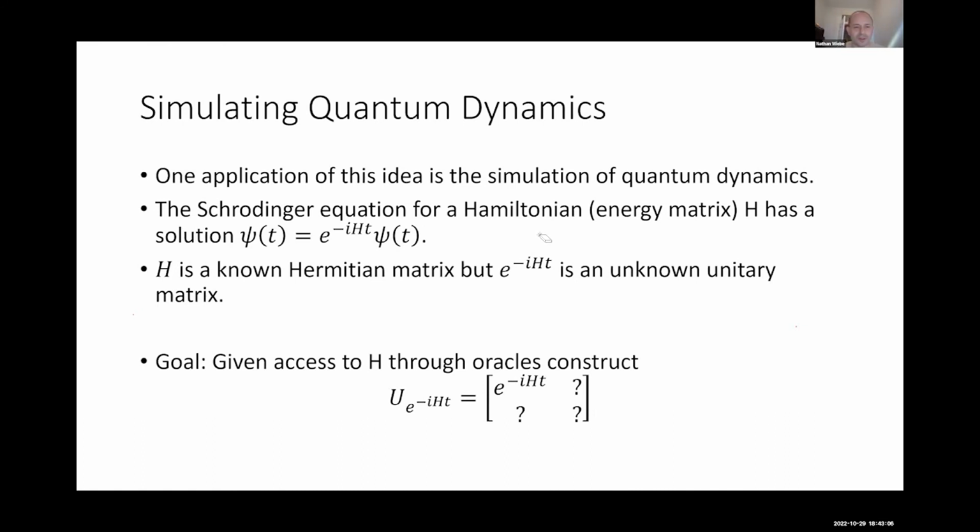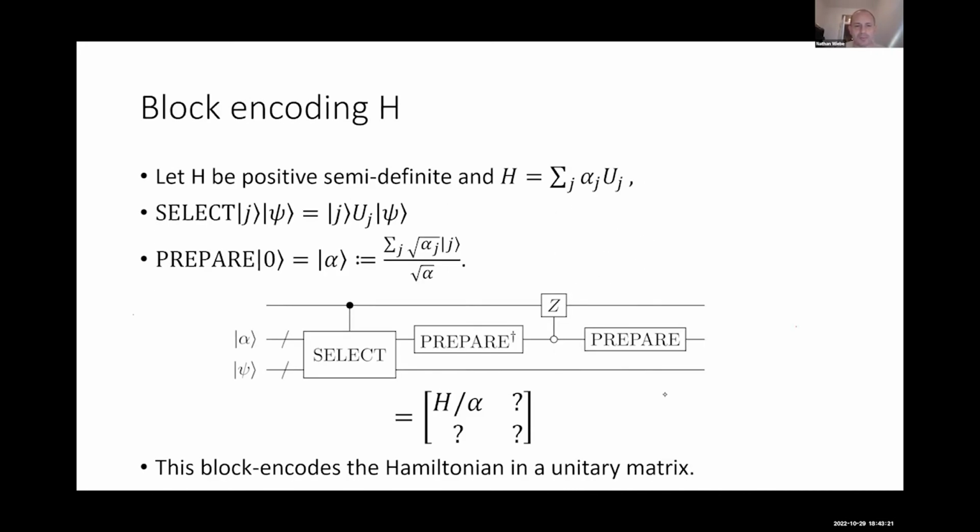Okay. And so, as I said before, the basic idea behind simulating quantum dynamics with the truncated Taylor series method is that what we want to be able to do is block encode this e to the minus iHt. However, a more natural way of doing it is to do it using this qubitization approach, which was pioneered a few years back. And this gives a way of block encoding a Hamiltonian divided by alpha.